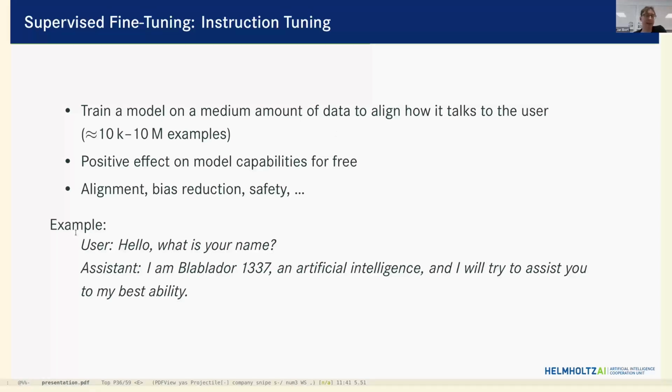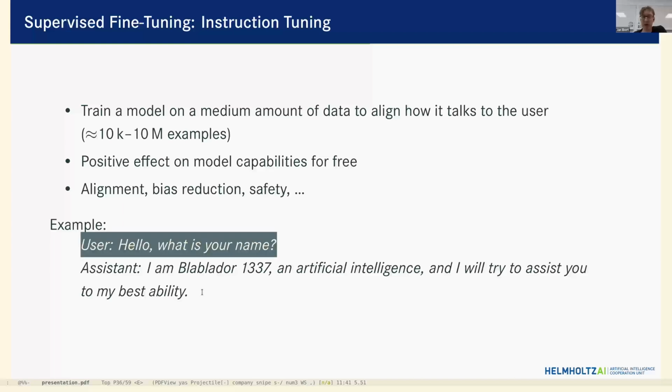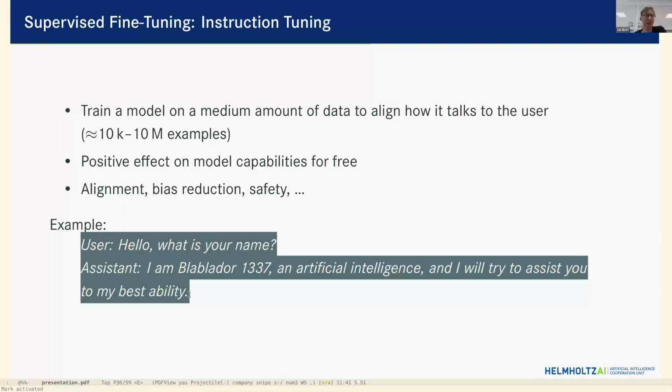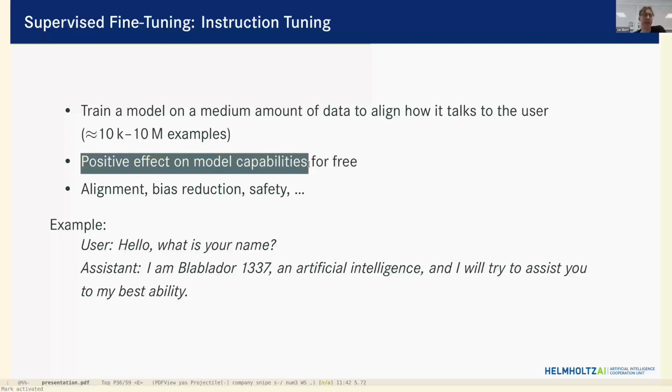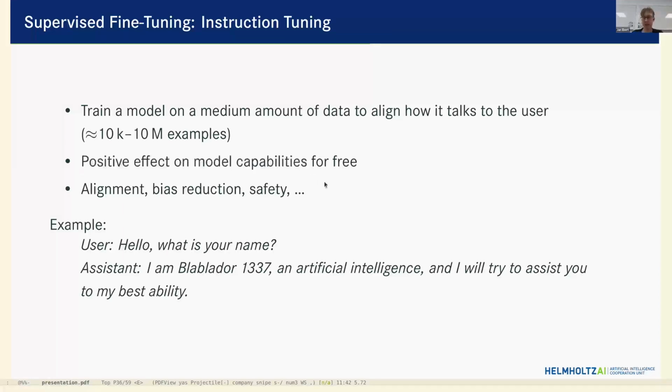So as an example, this is what we would train the model to say. If we asked it, hello, what is your name? It would answer, hey, I am blah blah blah 1337, an artificial intelligence, and I will try to assist you to my best ability. And if we have a lot of these examples, maybe also some more useful question-answer pairs, this can also have a very positive effect on how well the model works. So not only do we get a model that actually chats with us, but also it gains some new